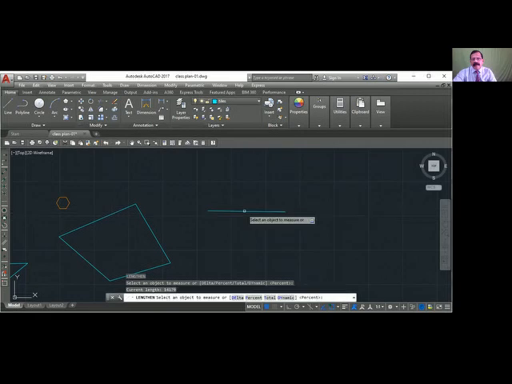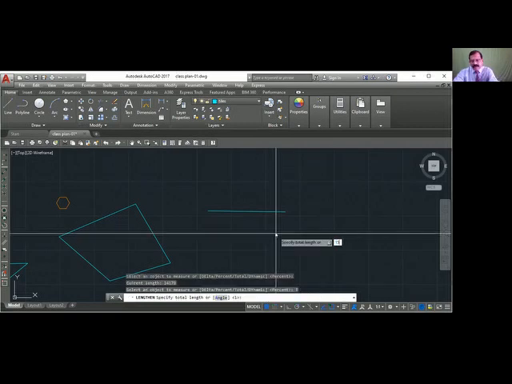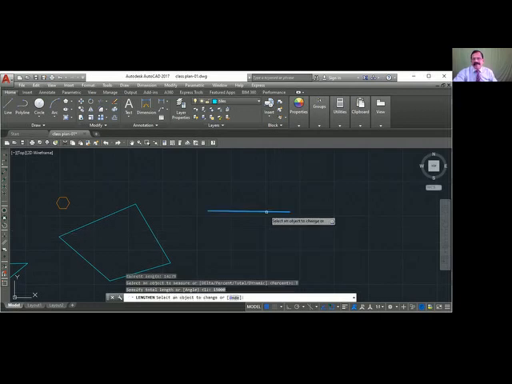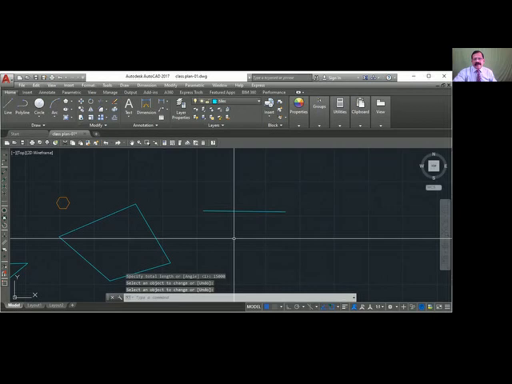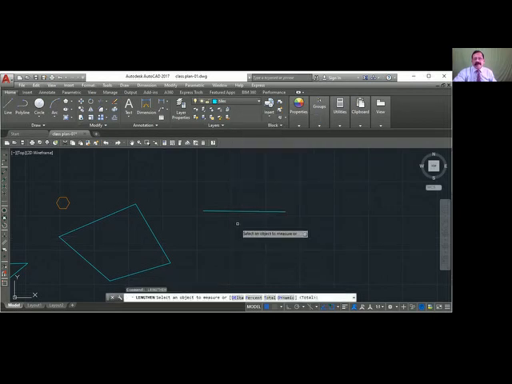When I click lengthen and click this, you can see it is giving 14,179. I want to make this length 15,000. Now it is 14,179. So I will use total. And what total length do you want? 15,000. Type 15,000, enter. Now you select the object. If you select here, this side will increase. You select here, this side will increase or decrease. Click. Enter. Now if you check with LIST, the length command, you can see that it is 15,000 now.